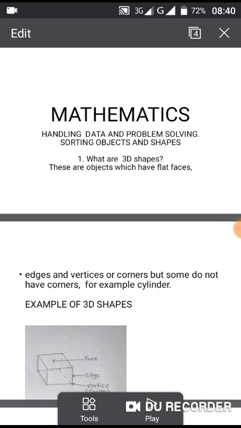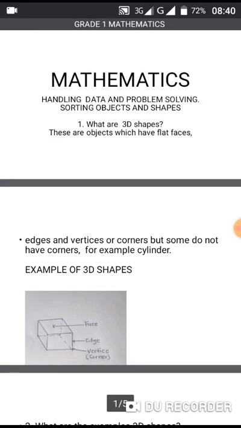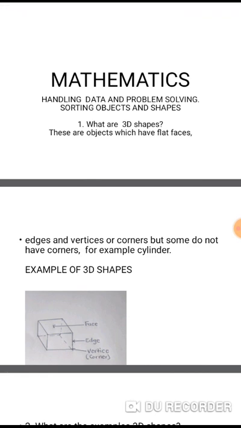Today we have come with a lesson entitled Handling Data and Problem Solving. And in particular, we are going to look at the objects and shapes. But before we go any further, we have to look at